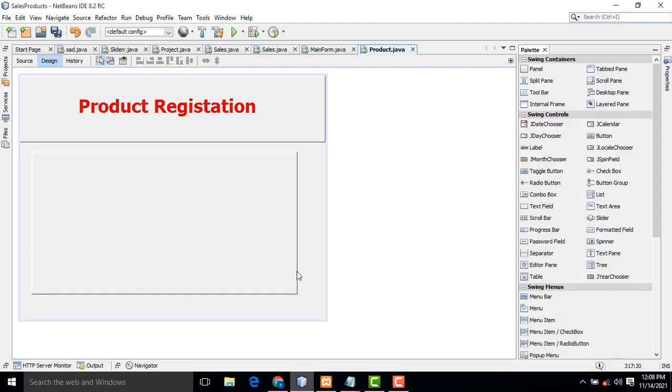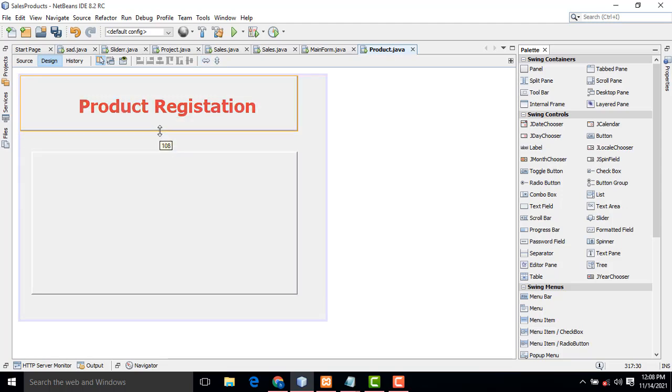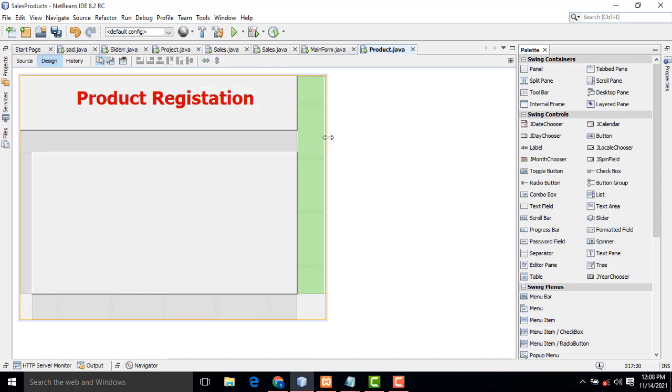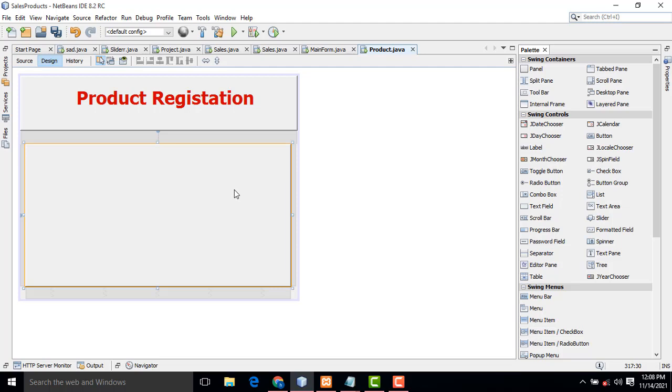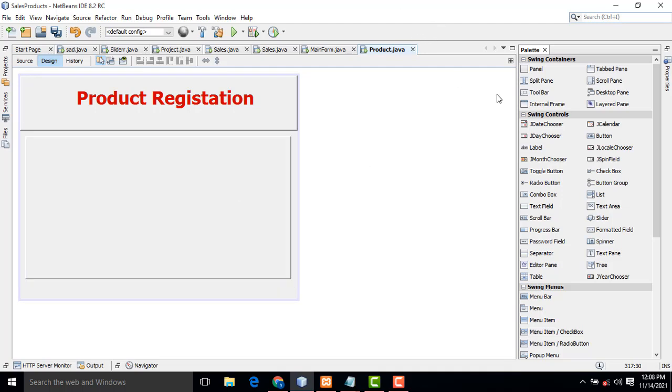Now let's go back to NetBeans. Now let's drag the label, product name.